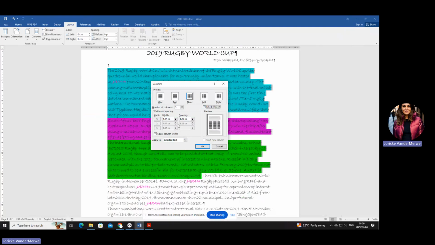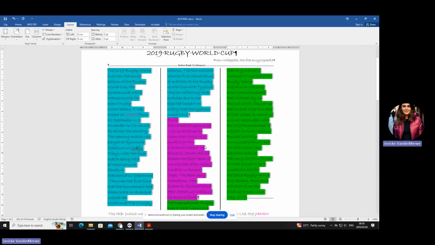Sometimes they also want, let's say, column 1 to be 5 centimeters and the next one to be another width, then you have to click on Right, by the way. Or you can say Equal columns. But we are doing 3 columns for now, and we're doing the line in between. Okay, so we're going to say OK.